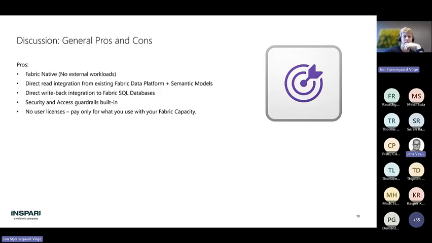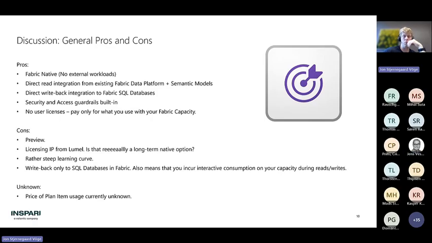Yeah. So I'll just quickly wrap up my takes. We're already discussing these things, but what do I think is great and what do I not think is great? It's awesome that we have a native tool in Fabric that enables these things with great integration with SQL DBs and with semantic models, especially built-in access and security, built-in licensing, paying only with your CUs. It's not great that it's a preview. It's not great that it's a third party developing the workload. I think it has a pretty steep learning curve. And right now there are a lot of errors. I've banged my head against the wall quite a lot the past couple of weeks.